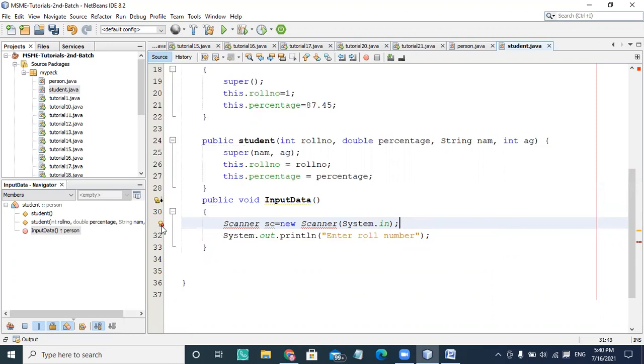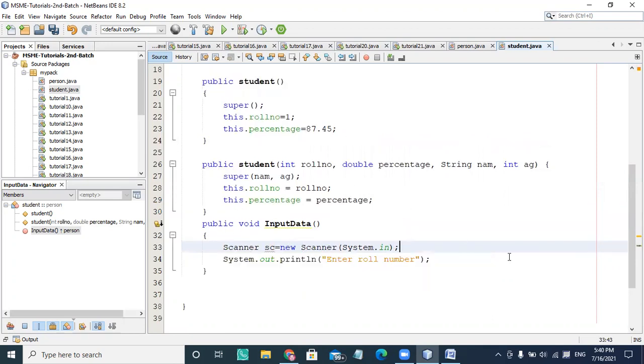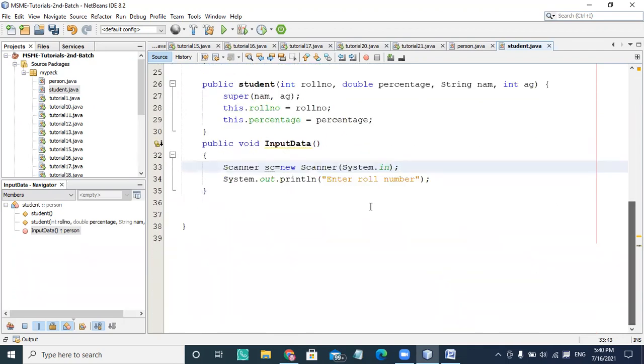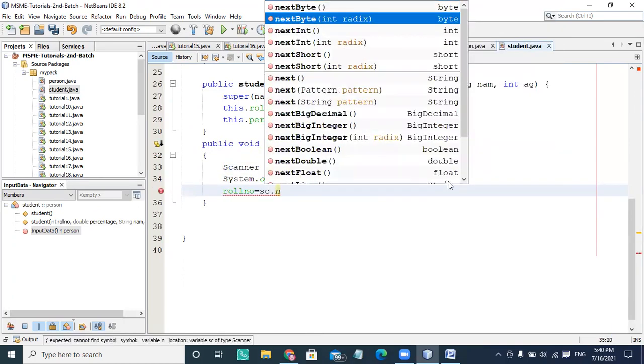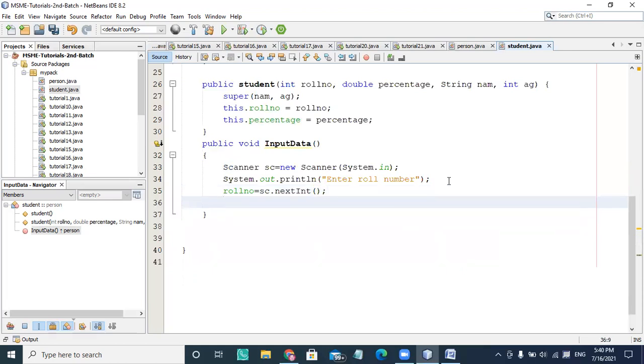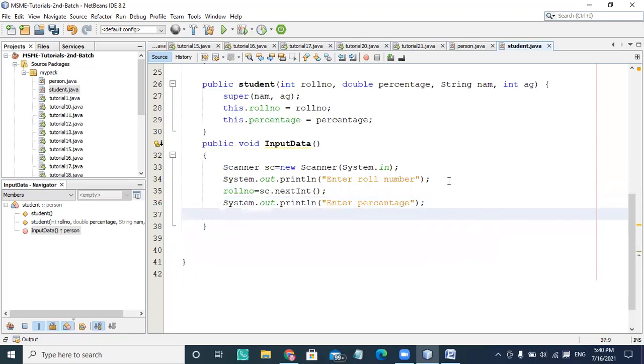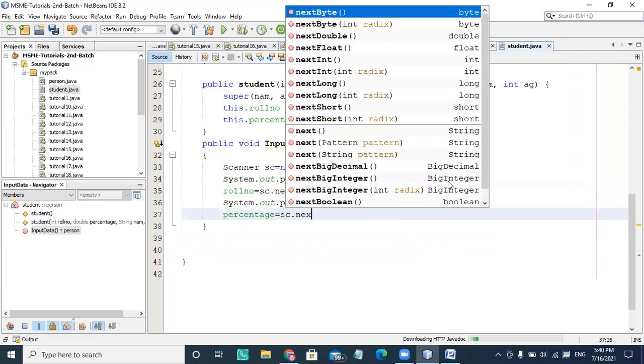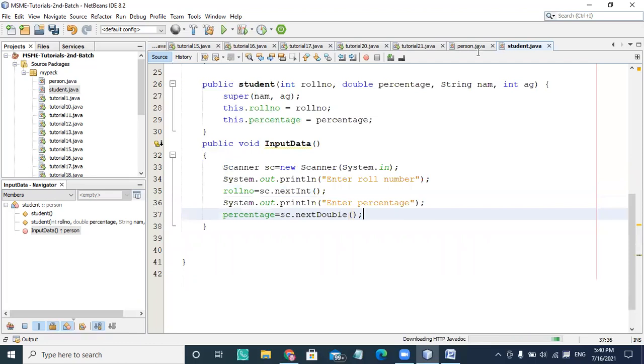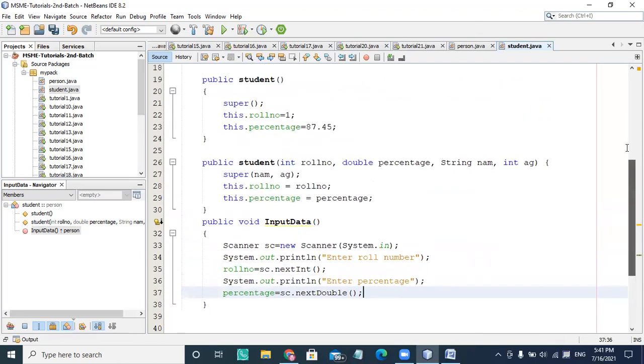It is supposed to give me the input from java.util. Okay, inputting the roll number: roll number equal to sc.nextInt, the integer value, and then I'm taking the percentage out of println, say enter a percentage. And here I'm using percentage equal to sc.nextDouble because it is a double data type. So you already know the use of this.